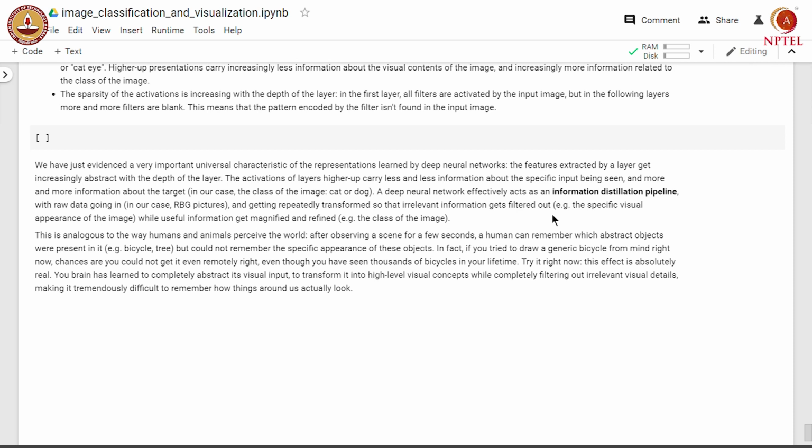A deep neural network effectively acts as an information distillation pipeline, with raw data going in and getting repeatedly transformed so that irrelevant information gets filtered out and useful information gets magnified and refined.